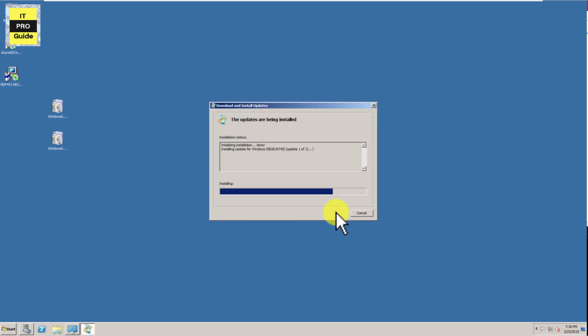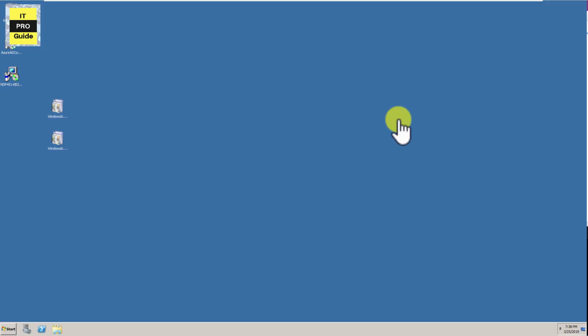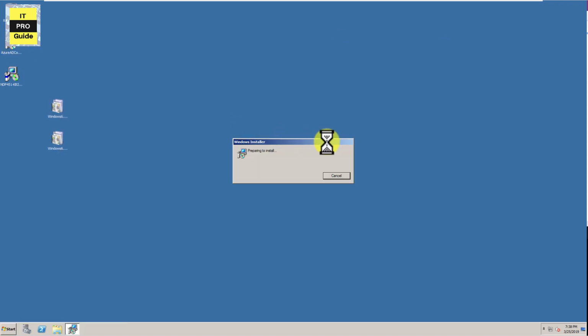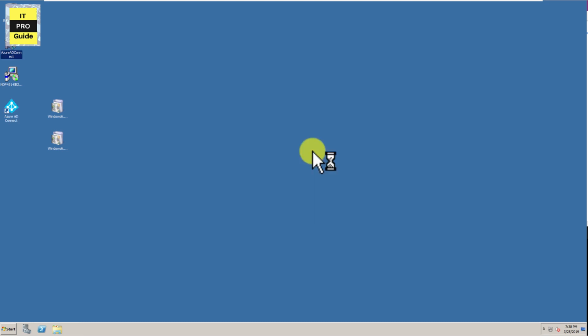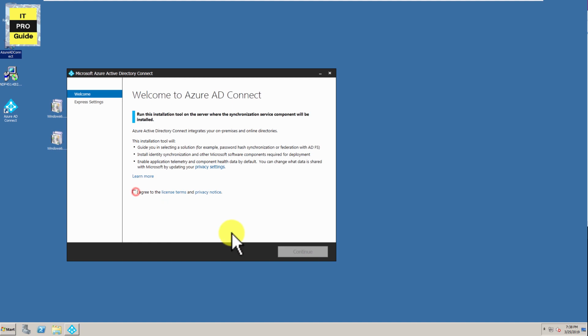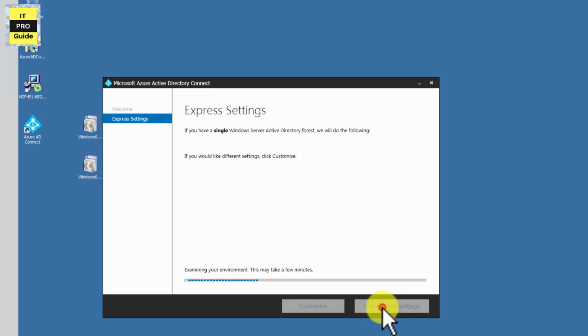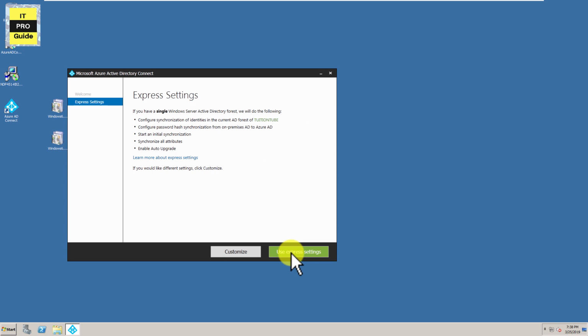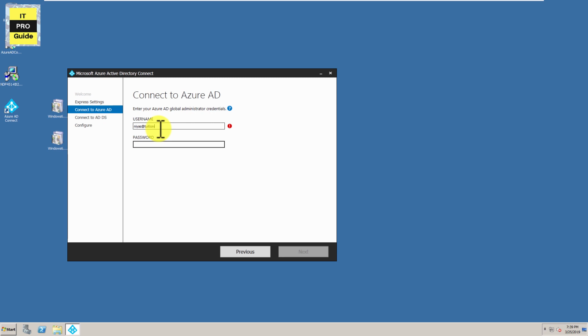.NET Framework has been installed, and Windows PowerShell 3.0 is also installed. I'm just going to restart this server. Now we can install AD Connect. Agree to the license terms, then click continue. You can just click use express settings, because you can see it uses password hash synchronization from on-premises Active Directory to Azure AD. Enter your global administrator credential for Azure,